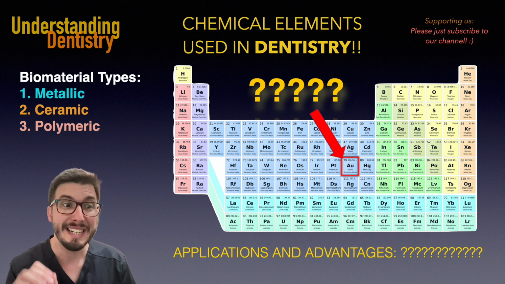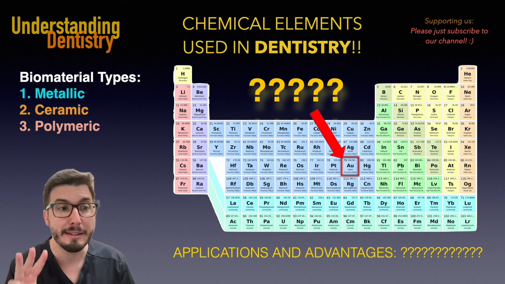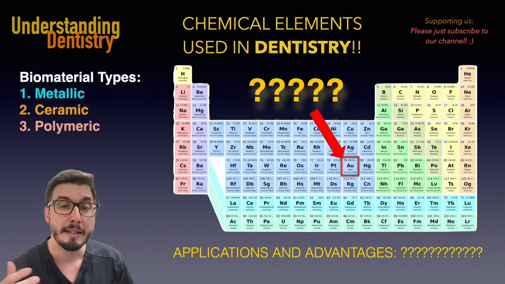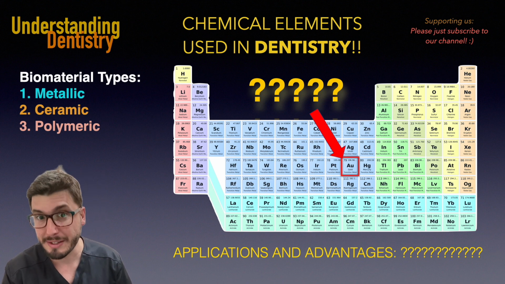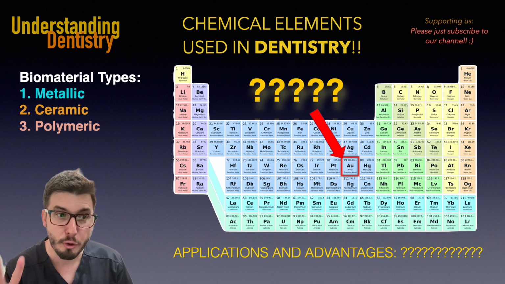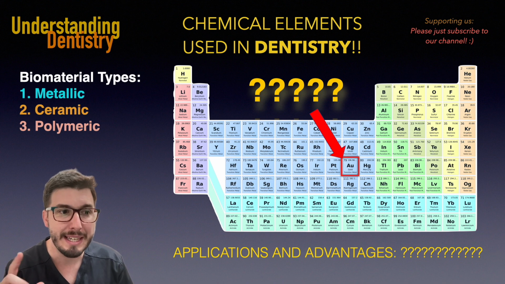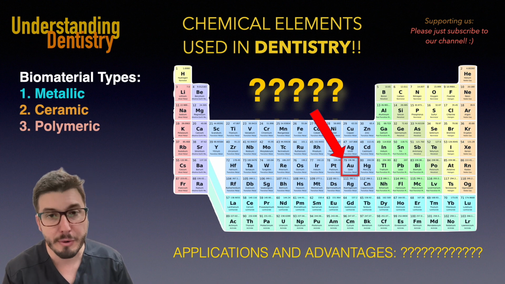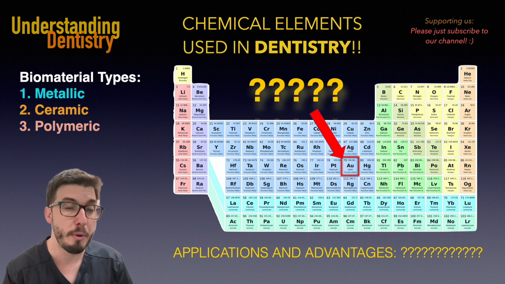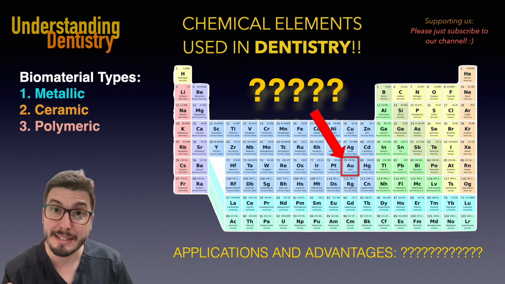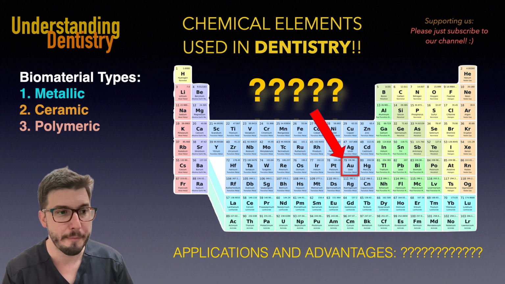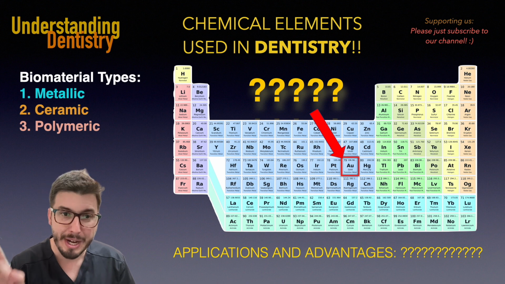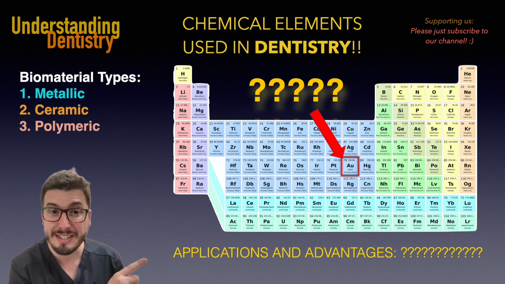So without further ado, let's understand that we have mainly three types of biomaterials in dentistry: the metallic ones, the ceramic ones, then the polymeric ones, and we also have the composite ones, which is in many books described as a fourth type of biomaterial. But here in this video, we are going to describe the main biomaterials used, mainly for restorations, okay? Although we are going to cover bone grafts a little bit, and other biomaterials nicely used in clinical cases shown to you now.